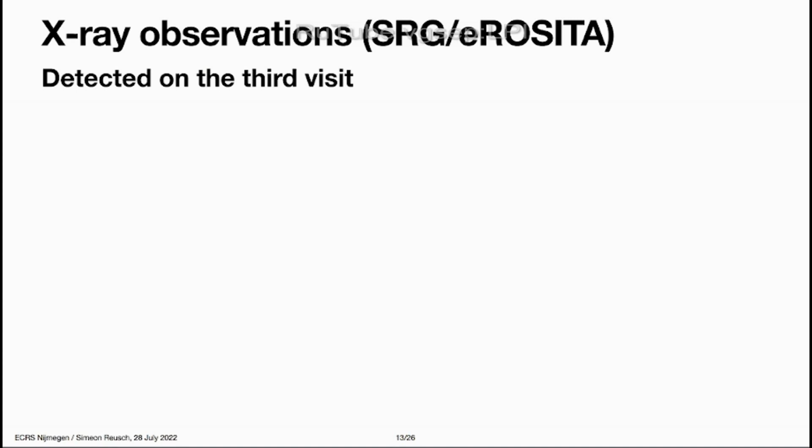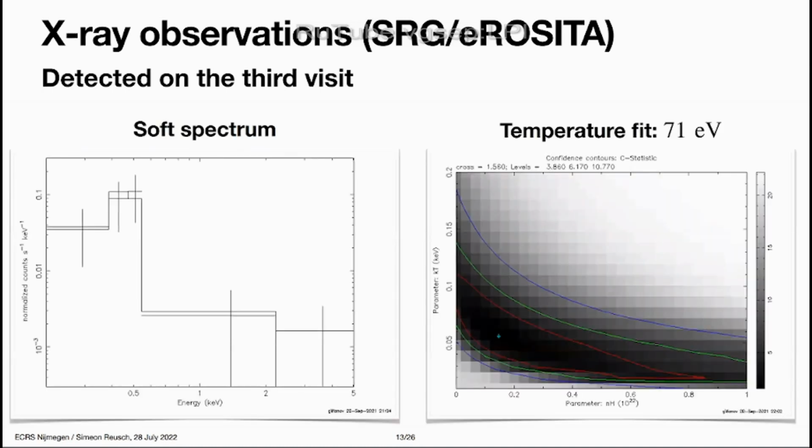Tywin was also observed by eROSITA, which is SRG eROSITA, a joint German-Russian mission that's on hold, sadly, right now, but it was still operating during that time, and this also scans the whole sky with a half-a-year cadence. And we detected this Tywin event on the 3rd visit. So the 1st and the 2nd were non-detections, but the 3rd detected a signal, and what we got was a